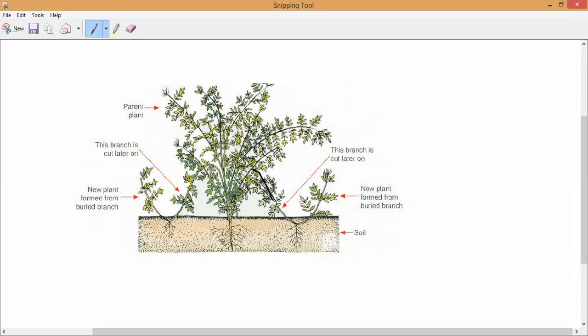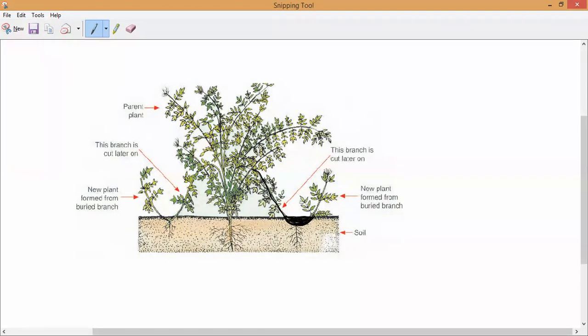So I am just pulling it towards the ground and I will dig a little bit inside, and some part of this I will keep inside the soil and cover with the soil. Have you noticed it, guys? The small part of this plant, just one branch, I will pull towards the ground, and that part is covered with moist soil, leaving the tip of the branch exposed. I am not cutting this one, just bending a certain part and keeping it inside this moist soil and covering it with the soil.